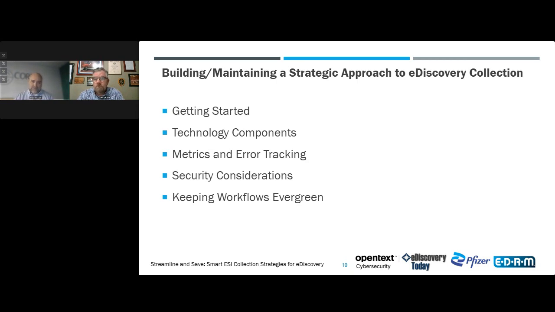Sure. Now, let's talk about the technology components involved in collection. How did you select them or develop them, and how do they fit in the process? Yeah, and I kind of hinted at this earlier, the components for where the data is stored were just handed to us. There are people that just decide, hey, we are using Microsoft, we are using this platform, that platform. And then it is our job to build out the process of how we would collect the data